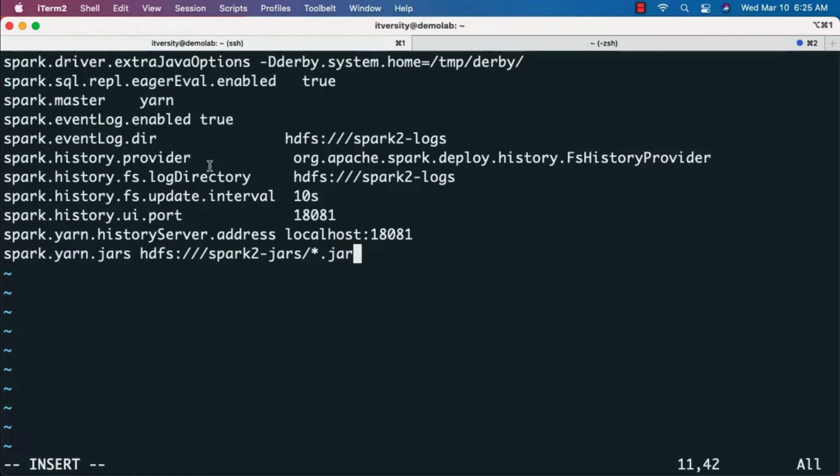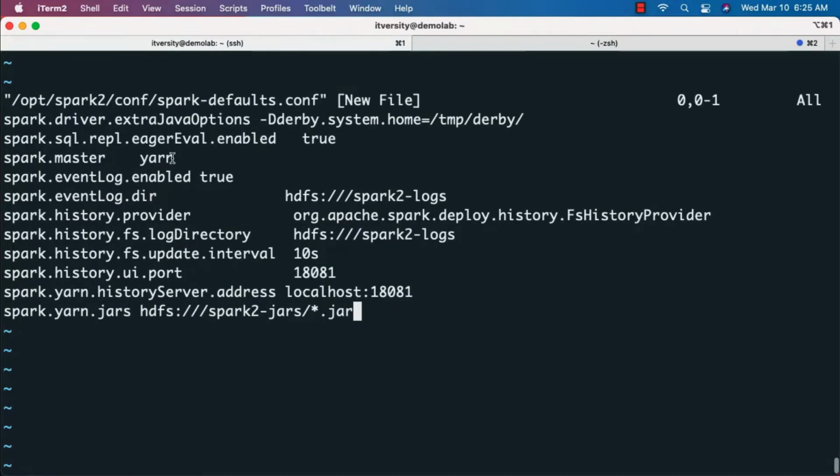Even though we have set Hadoop related paths with respect to spark-env.sh, by default Spark will start running using local mode. To make sure that Spark runs using yarn by default, we have to set this property spark.master to yarn under spark-defaults.conf. There are few additional properties which are important so that we can access the logs after Spark jobs are done. For that, we have to set Spark history UI ports and so forth.